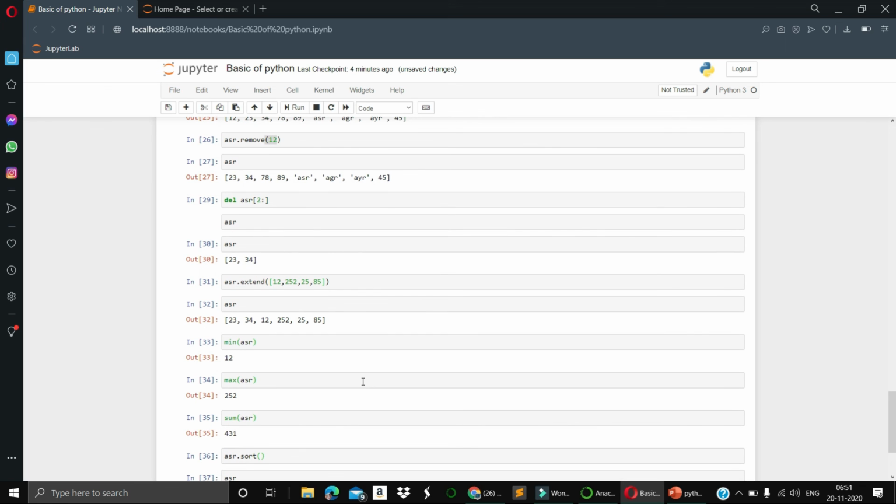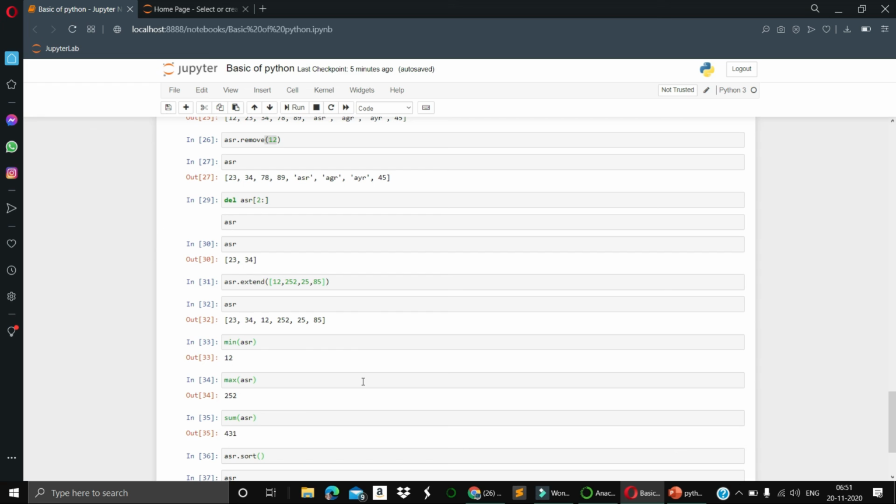So what we have discussed so far is that we have defined the list, and we have appended the elements, removed the elements, extended the elements, popped the elements, and also discussed indexing values: positive values go from left to right, and negative values go from right to left.